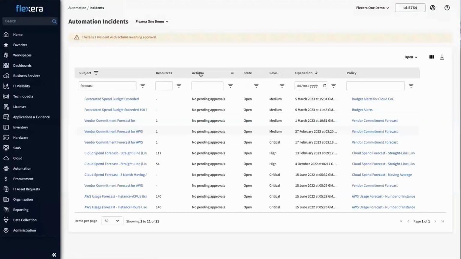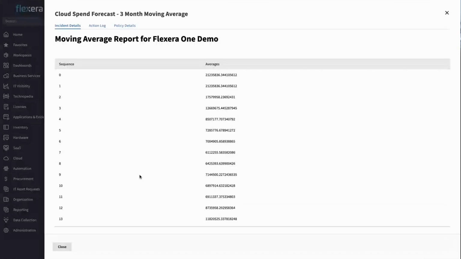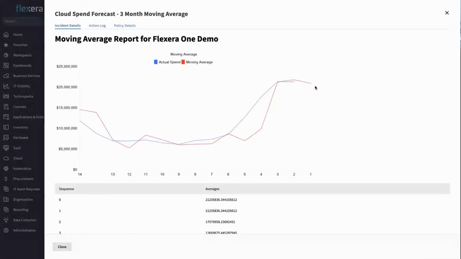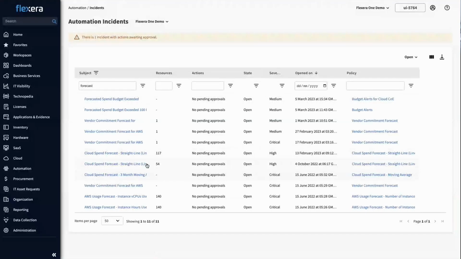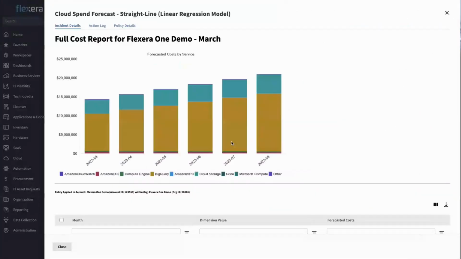The moving average type forecast that we talked about, again, short term, but you can see how the actual spend is tracking very closely with the moving average forecasts. And again, there are algorithms here that you can go and adjust accordingly and include variables to meet customers' needs. The straight line forecasts are pretty blunt, right? So we've done this one by the services for Amazon.